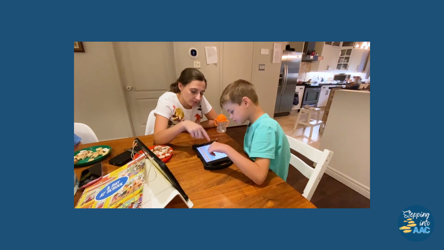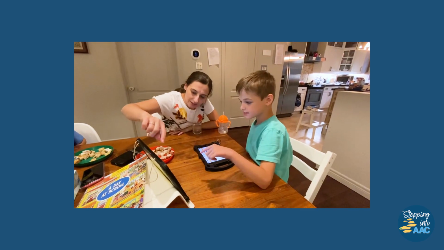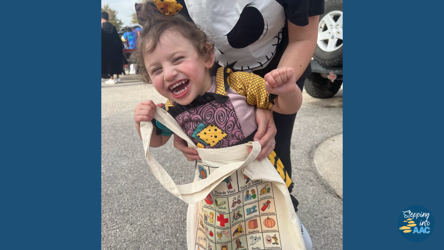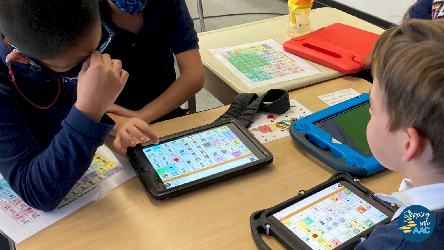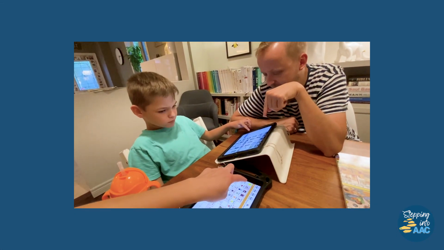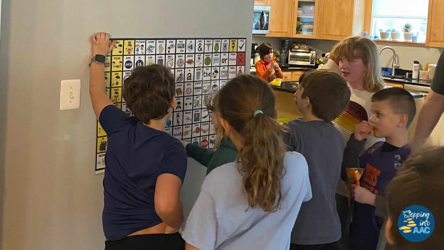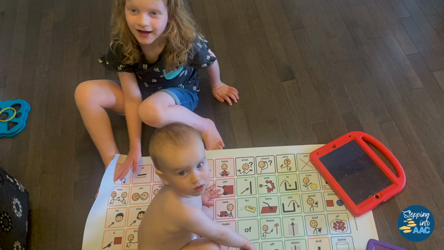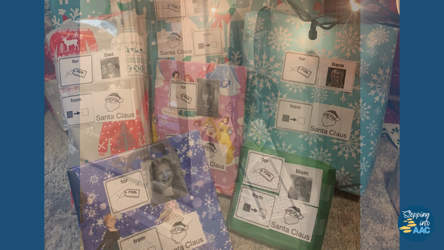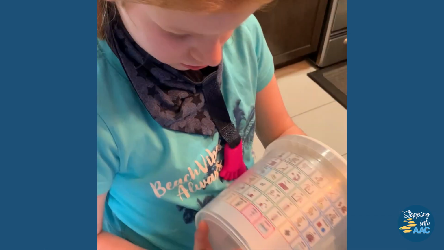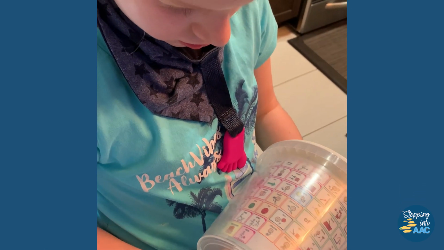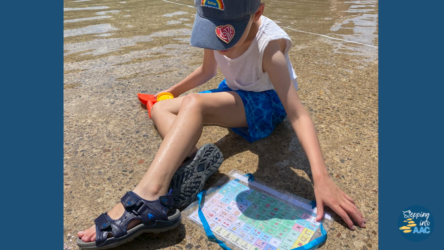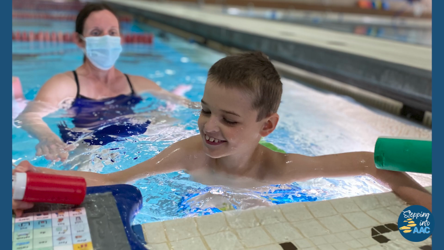Some AAC learners benefit from AAC being normalized in their environment before they show an interest. Normalizing AAC may happen when multiple family members or peers model AAC. Having a place for AAC at the dinner table, in the car, or in other everyday environments also conveys the message that AAC is valued and it's available. Embedding AAC without a nagging expectation for the AAC learner to use it may be needed before they become curious